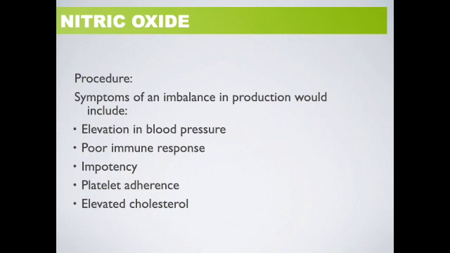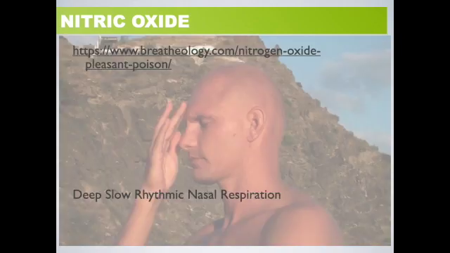So the kind of things you would suspect with nitric oxide, in short, is, of course, blood pressure issues, immune issues, impotency, according to this slide, just in general, signs of a person who is really in a sustained stress state. So this was an interesting article you can look up. It talks about